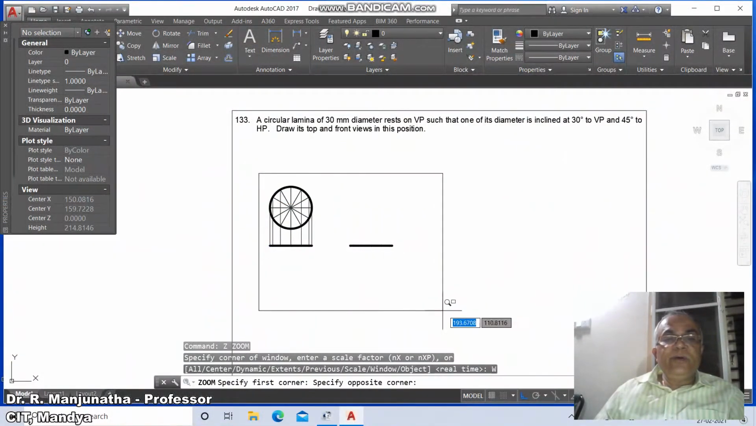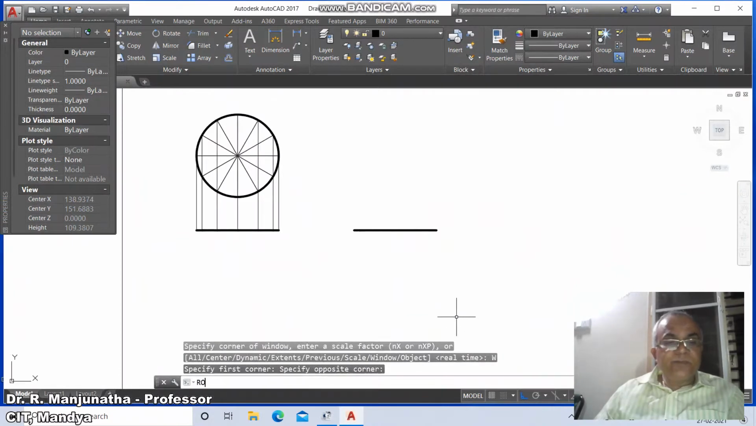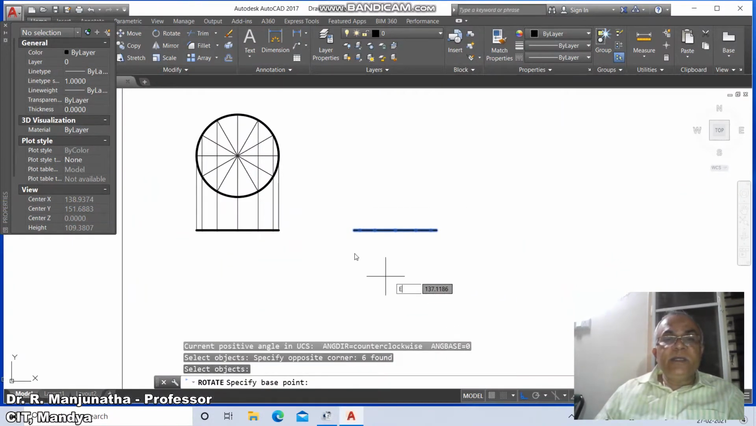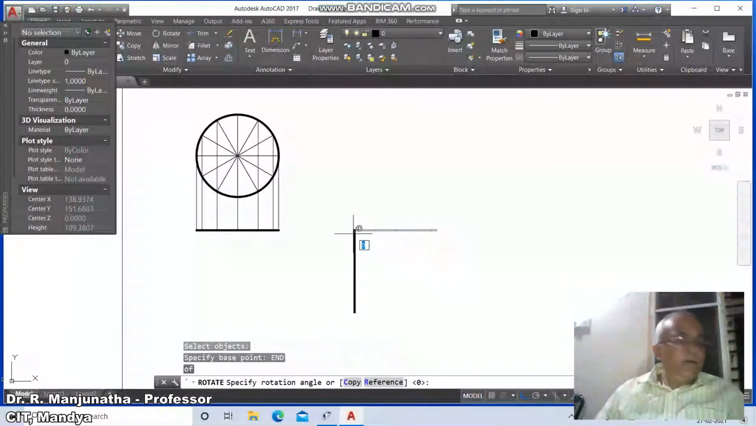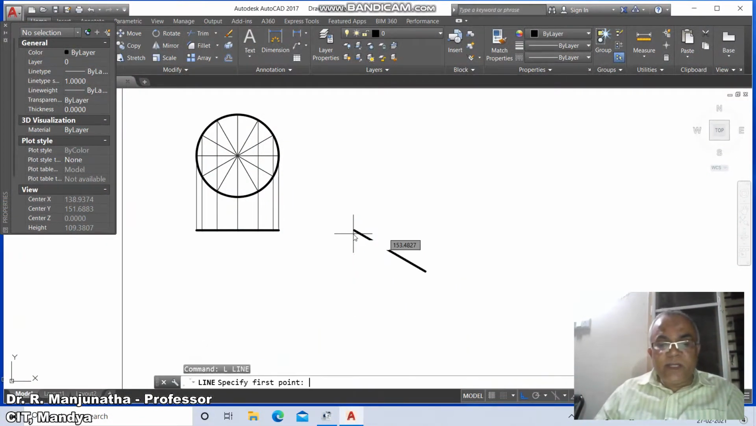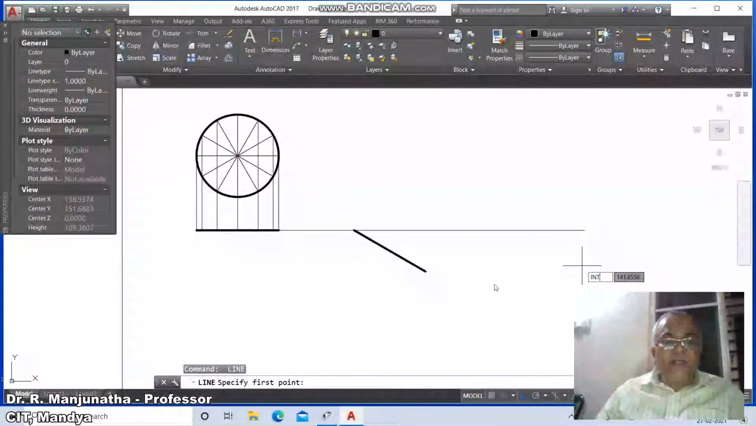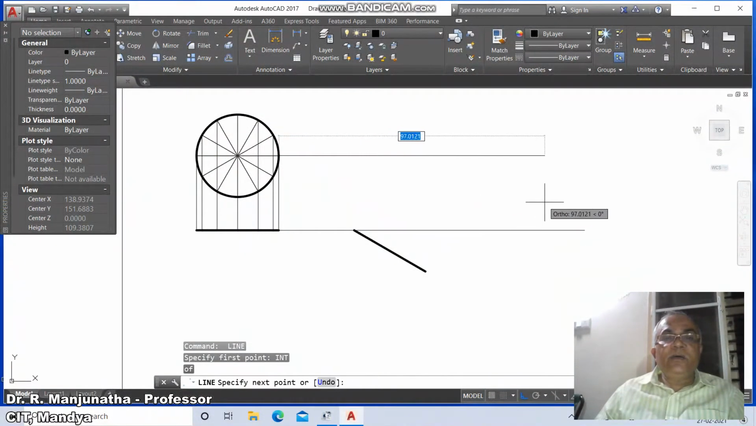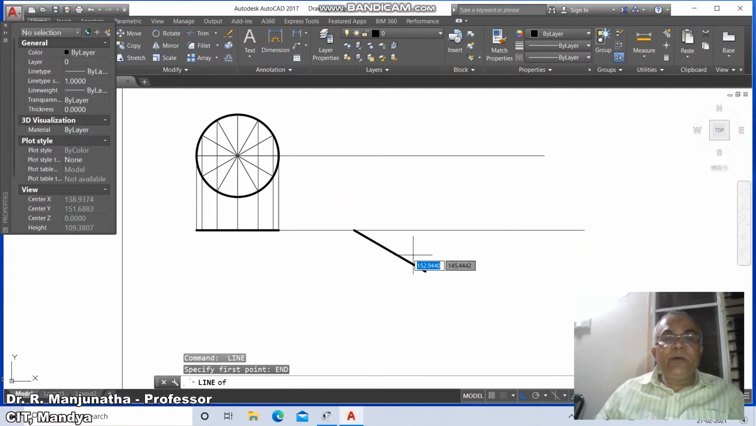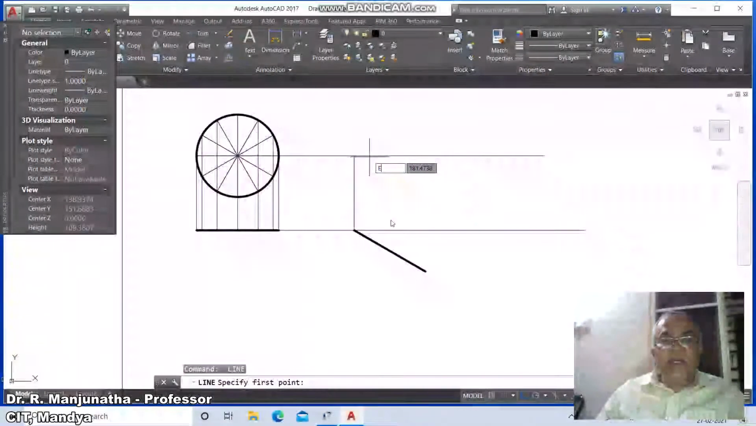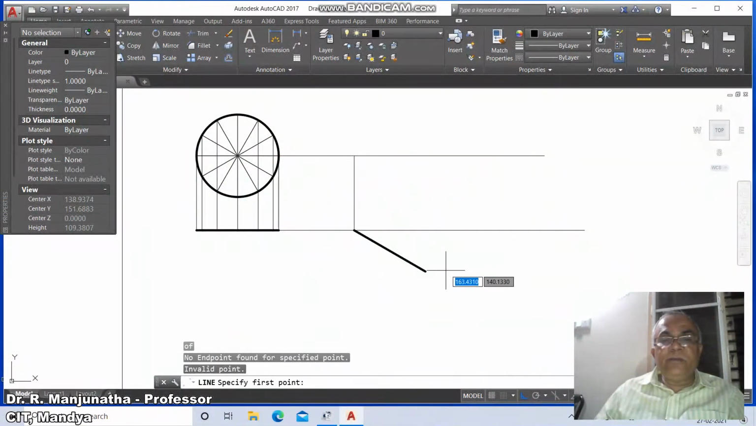Then go to zoom window, then go to rotate, select this entire thing, rotation angle with respect to minus 30 degrees. Then go to line, take the intersection of this and draw a horizontal line. Take INT of this and draw horizontal. Take the endpoint of this, draw perpendicular to this. Similarly line, take the endpoint of this